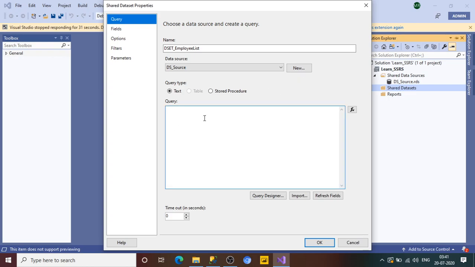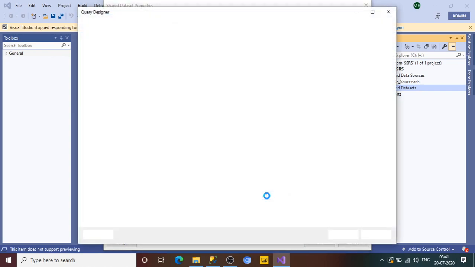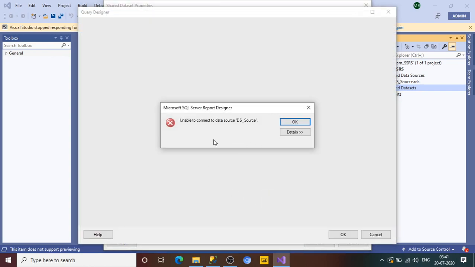Now it is asking which query type you want. If you have to display the employee list, you can simply write select star from employee table. Or just in case you are not good at SQL queries, then you have this query designer box over here. If you click on here, we got one error: unable to connect to the data source.